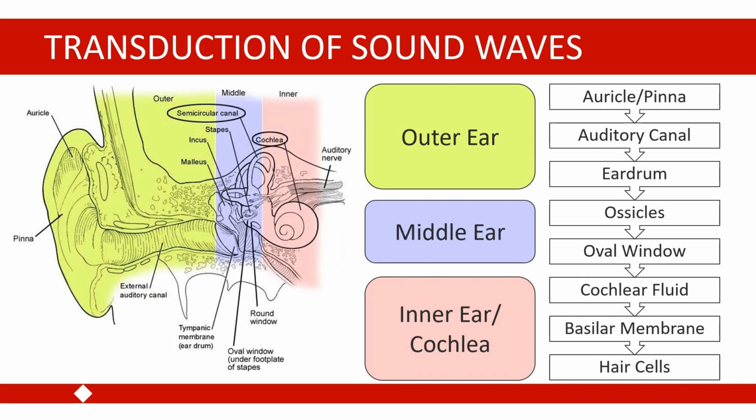And then that information is transmitted from those hair cells. Those sensory receptors send information through our auditory nerves to the thalamus. Then that thalamus sends the information to our primary auditory cortex in the temporal lobe. So that is the process of how sound waves in the environment are mechanically amplified and turned into fluid waves in the cochlea, which are then turned into neural impulses that are transmitted to the auditory cortex, where they can be perceived.